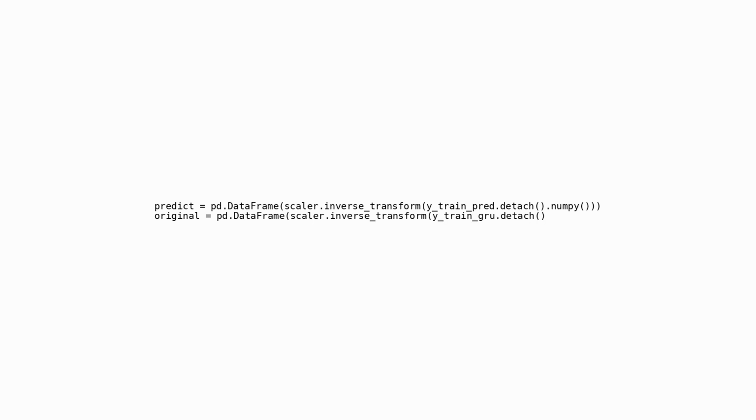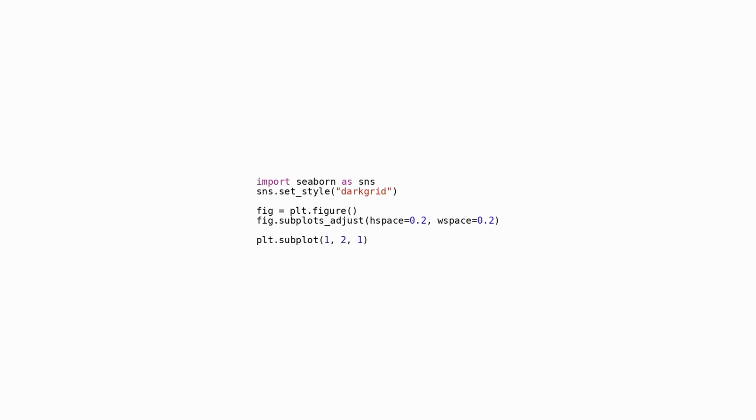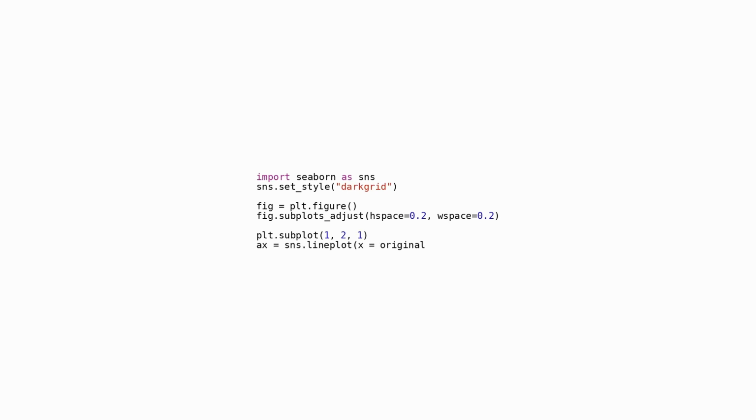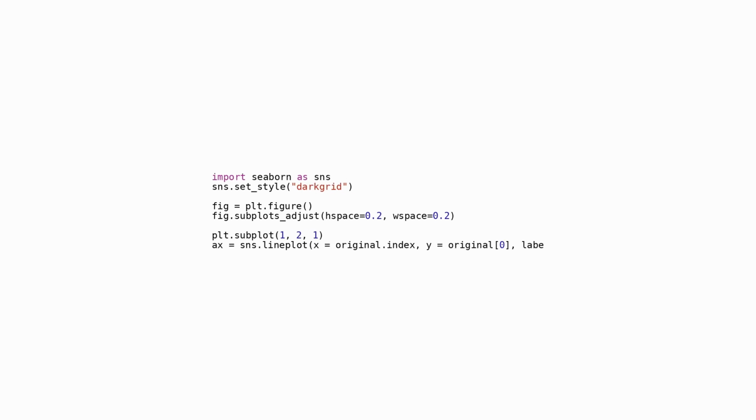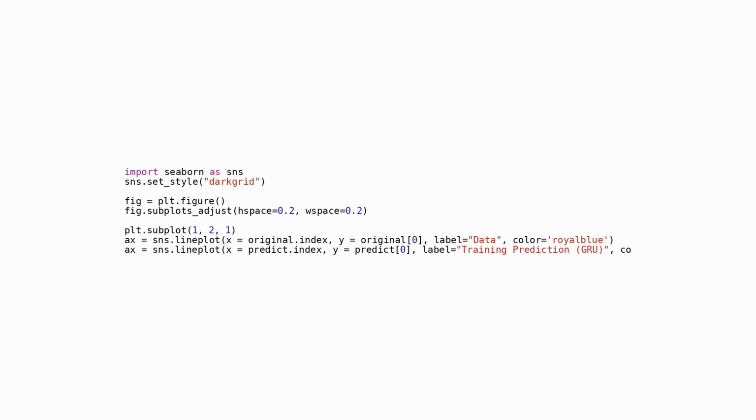This piece of code leverages the Seaborn library to craft a visual depiction of data. Here's a breakdown of its functionality. 1. It configures the plot style to dark grid via Seaborn. 2. It initializes a figure for the plots and fine-tunes the layout between subplots. 3. It establishes a subplot showcasing two plots side by side. 4. Within the first subplot on the left, it generates two line plots using Seaborn's lineplot function for both the